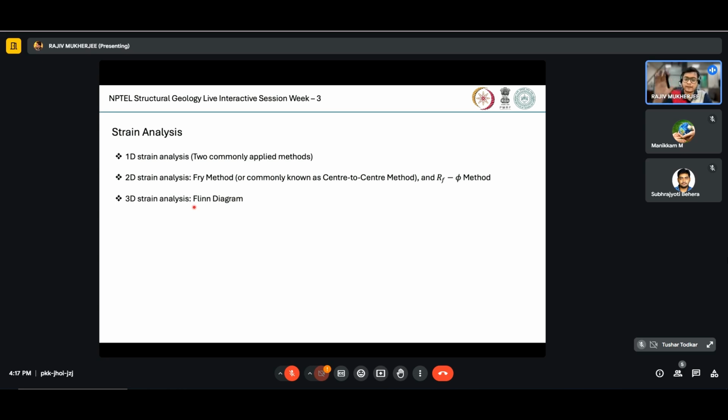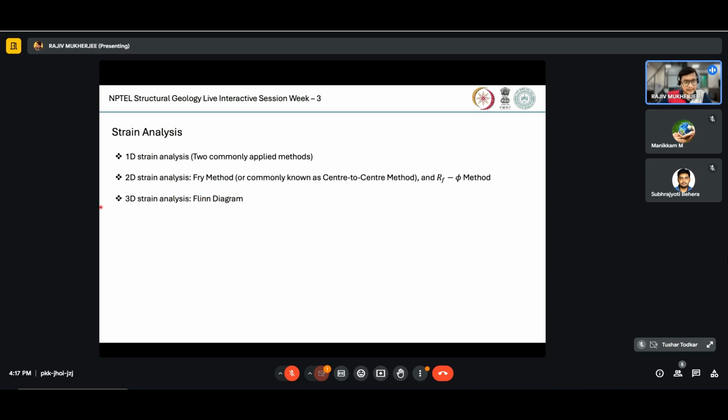So these types of strain regimes can be differentiated using the three-dimensional strain analysis, where for two-dimensional we mainly focus on understanding the intensity of deformation, and for simple one-dimensional strain analysis we just go for understanding whether there is a stretching or extension or shortening or compression. Okay, now